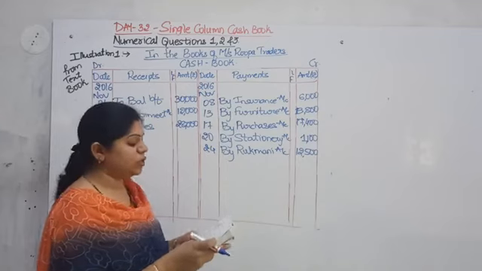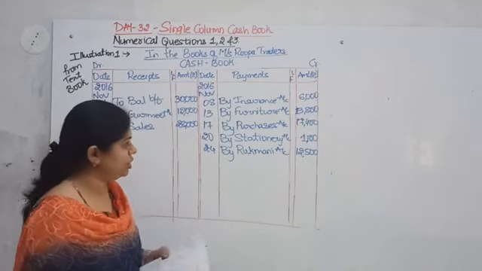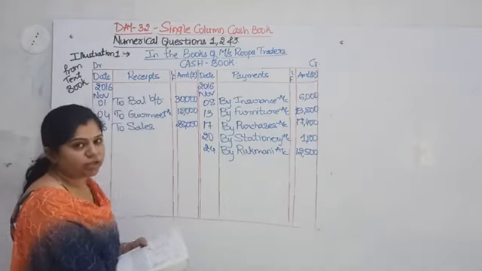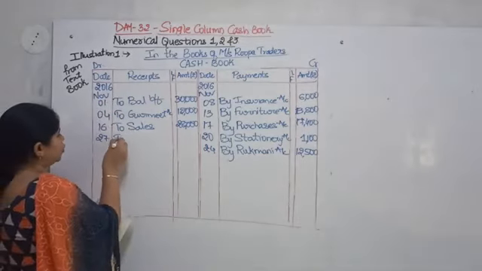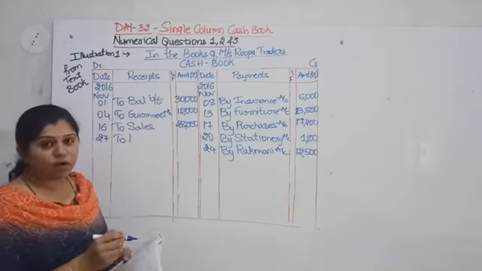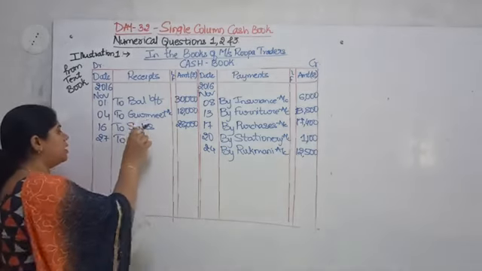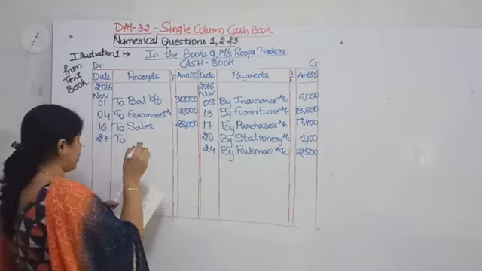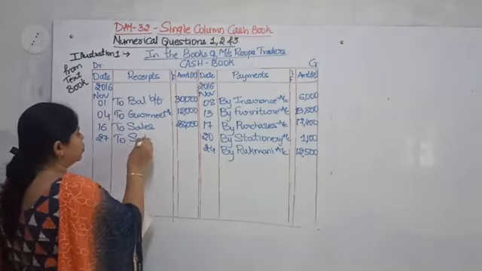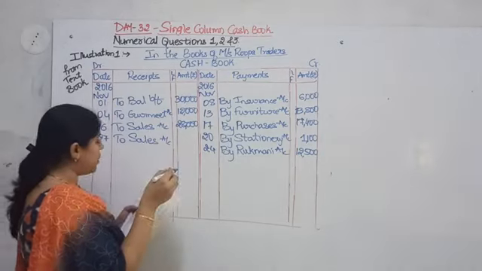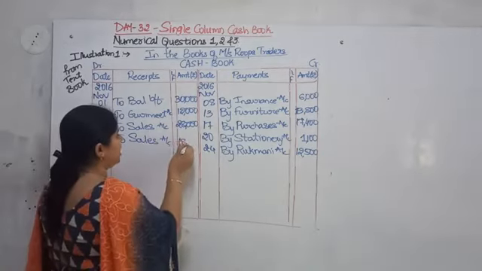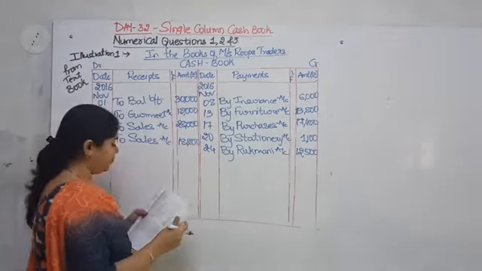Next in sold goods to Kamal for cash. So whenever you are doing sales, obviously cash is coming in. So write down 27. To. Should I write down the name of Kamal? No. Why? It's a cash transaction, that's why. So write down to sales account. And what is the amount? See, amount is equal to 18,200.